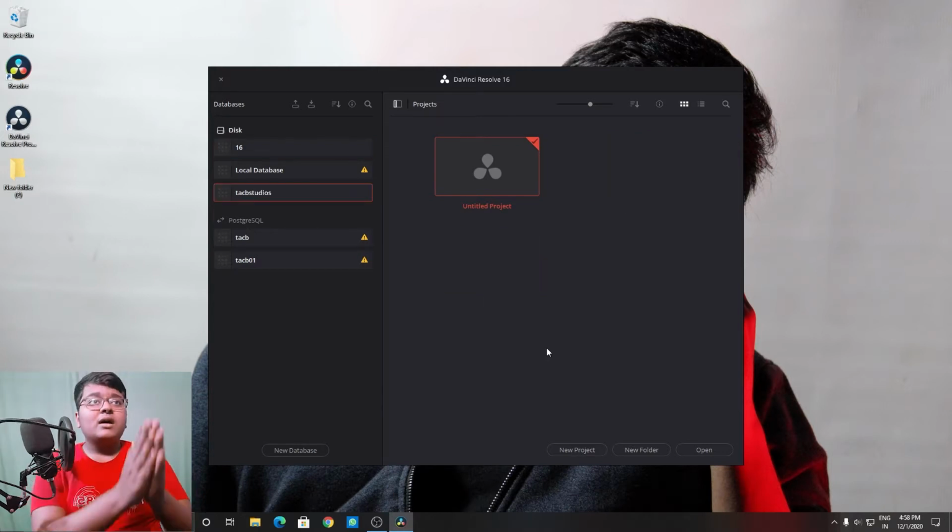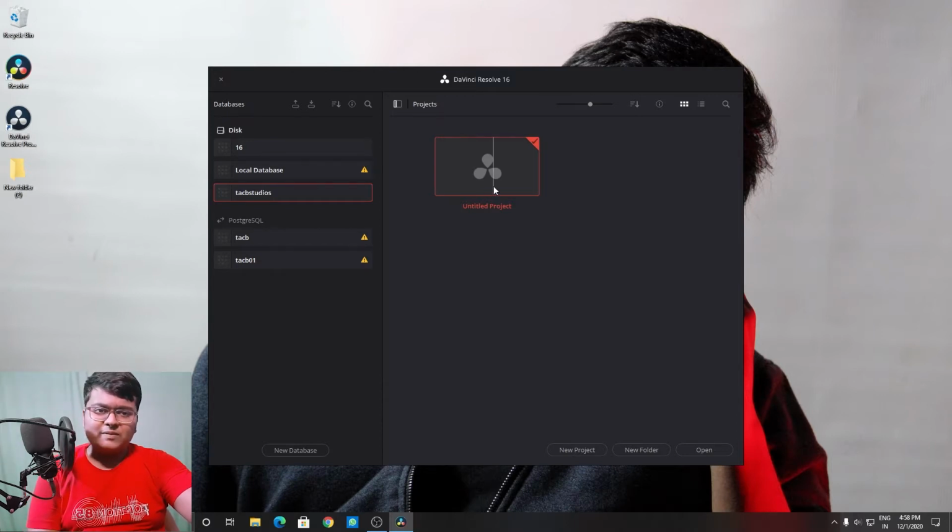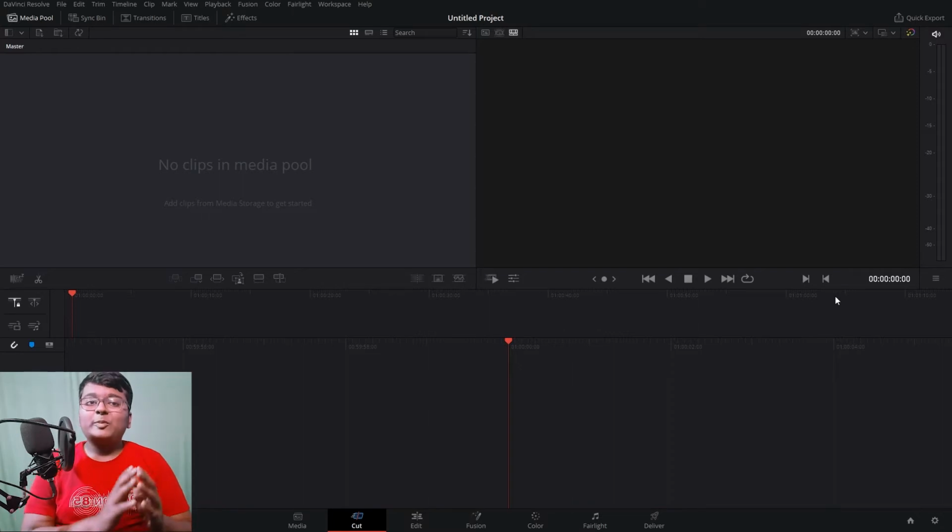It will take some time for making it properly and all. After it's created, now here you can see on the right side an untitled project. You can just click on this to create an untitled project, or else you can create a new project over here or a new folder. After this, you land in the cut page. Cut page is a revolutionary page which can do work fast. You can do editing very fast using this page. We'll talk about all the pages a little later. First, let's see how we can import the footages and all.